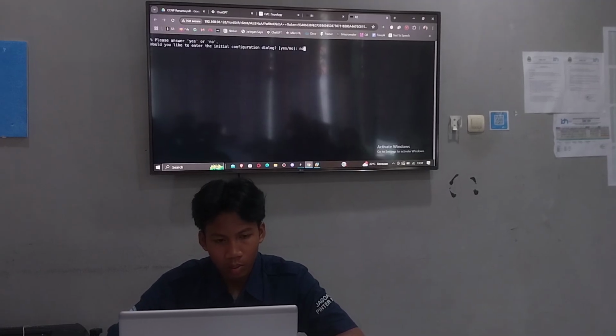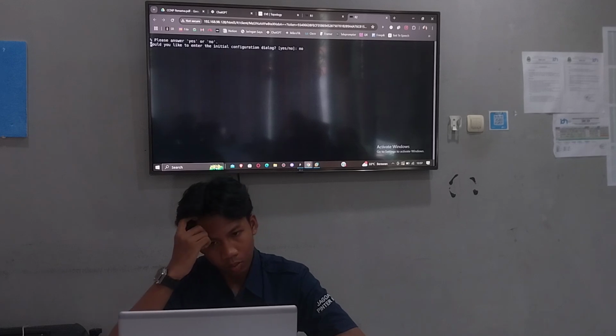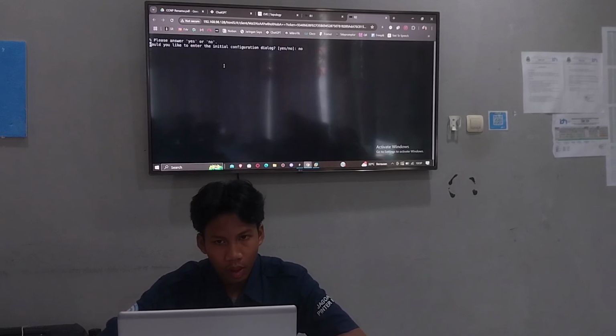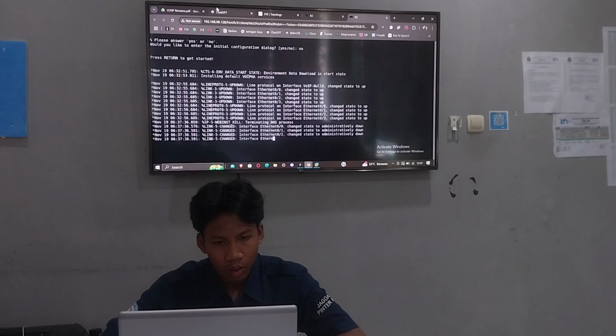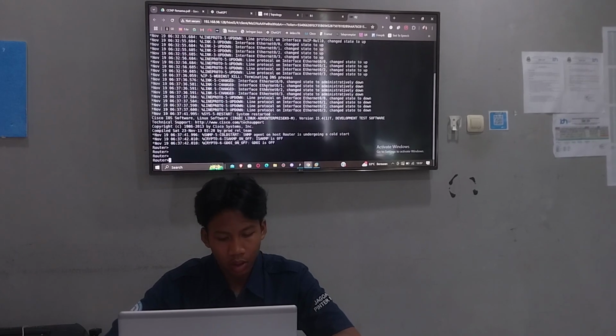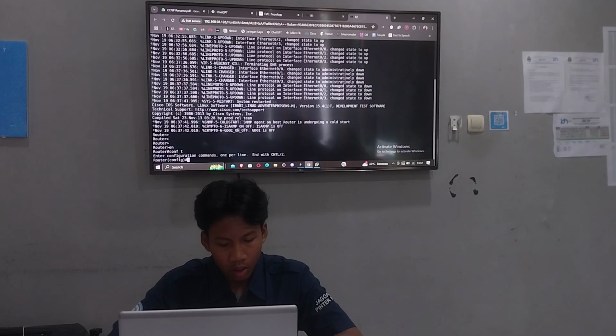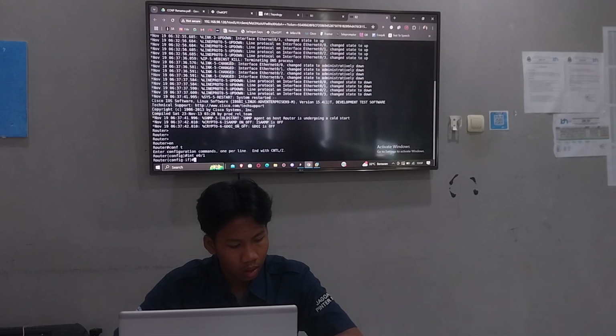enter. Okay, the first is enable, conf t, and go to interface 0/1 and give the IP.